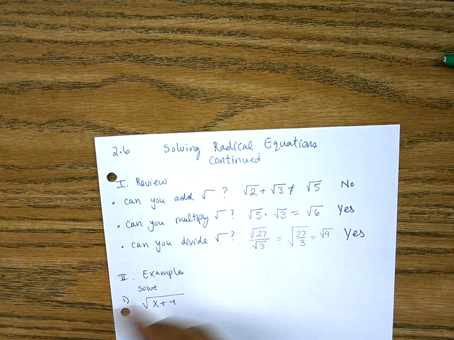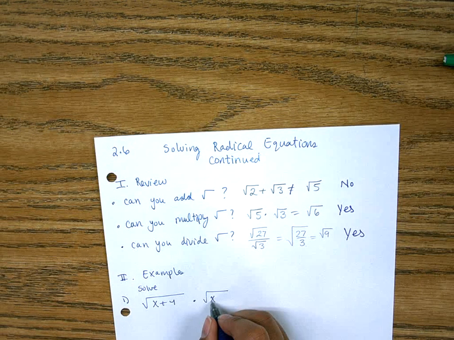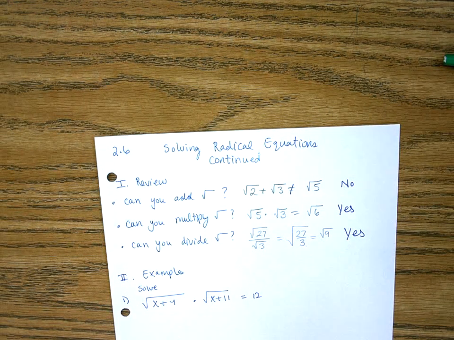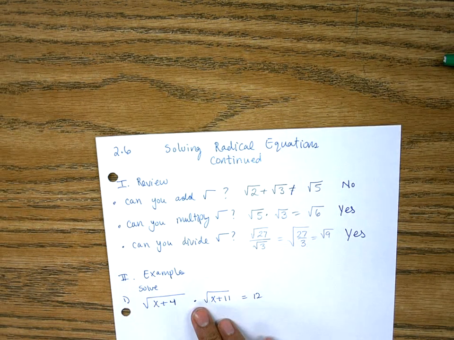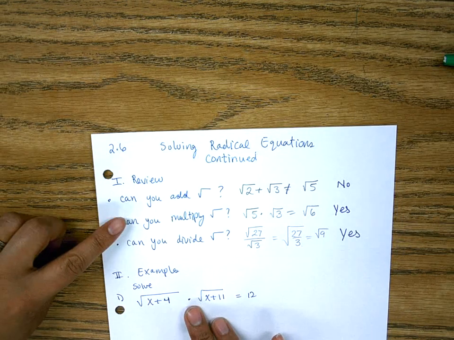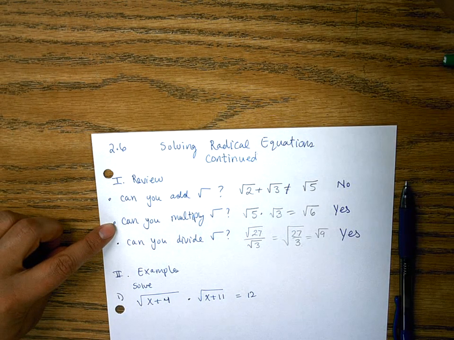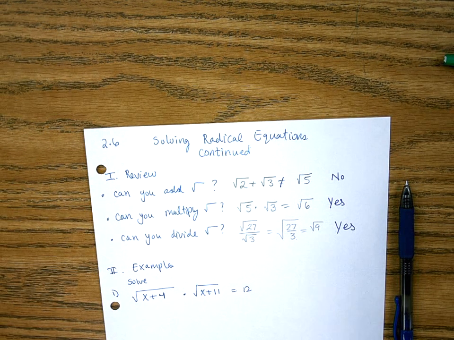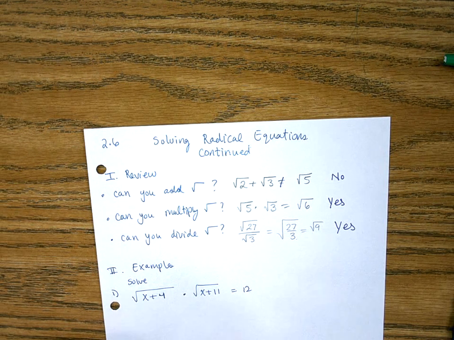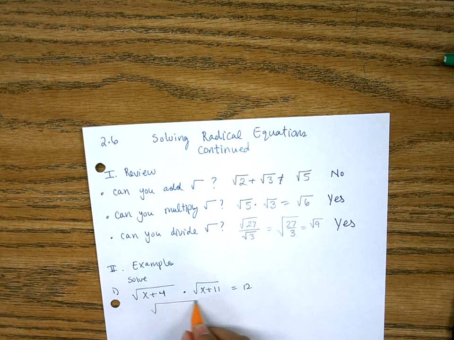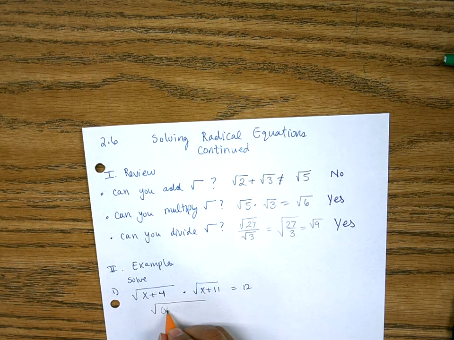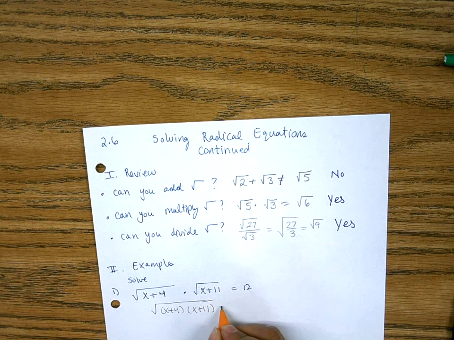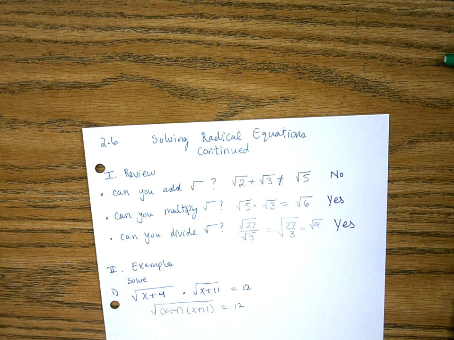Solve number 1, the square root of x plus 4 times the square root of x plus 11 equals 12. Okay, so I have two radicals that are being multiplied, and up here I asked, can you multiply radicals? And you guys said yes. Yes, we're allowed to multiply. So I can rewrite it like this with one radical, the square root of x plus 4 times x plus 11